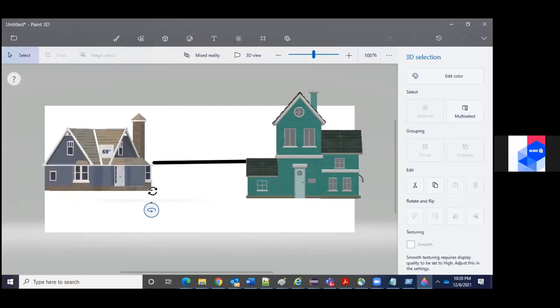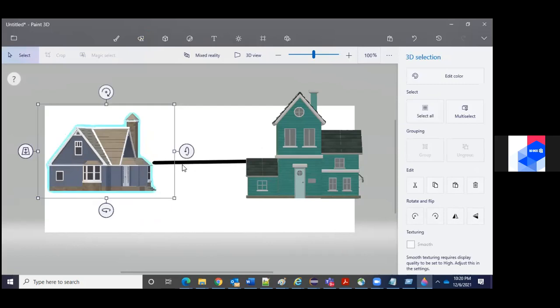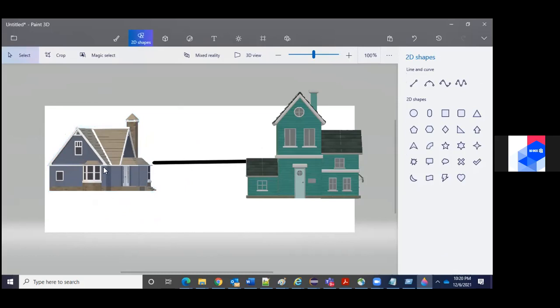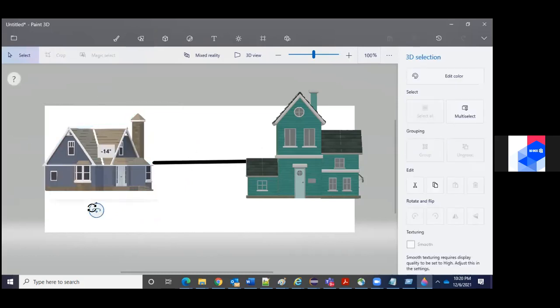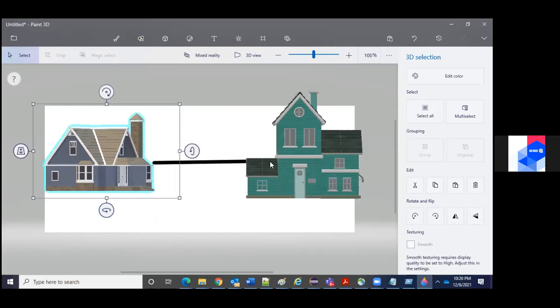So I'll just change this one. Think like I'm connecting from the main door to the main door. When you are communicating between these two houses, you have constructed the bridge so that it is easy. For example, if this belongs to two friends, the friends can go from here to here through the main door with the help of this bridge.